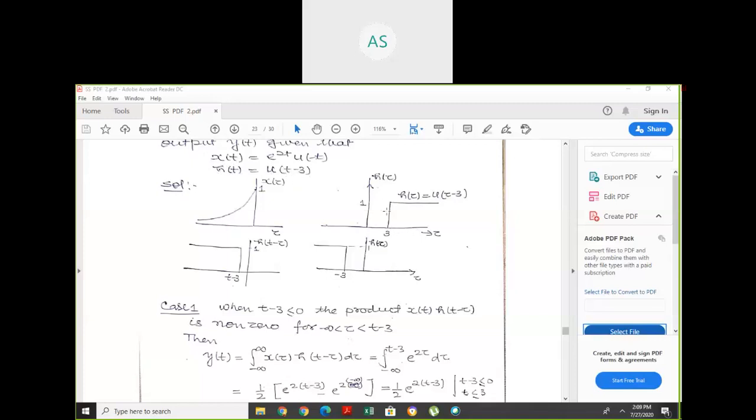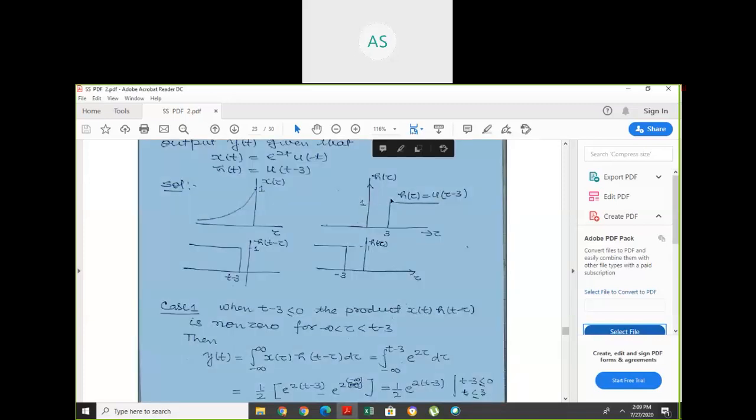u of minus t: if you draw u of t, then u of t is like this, and then delay this u of t by 3 units, so you get u of tau minus t, or u of t minus t. t is replaced by tau. So in the first case, t is replaced by tau, this is tau, and this x-axis is also replaced by tau. In this case, h of tau is u of t minus tau. This is simply the unit step response, which is delayed by 2 units.